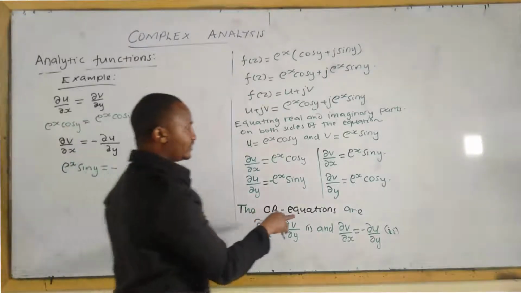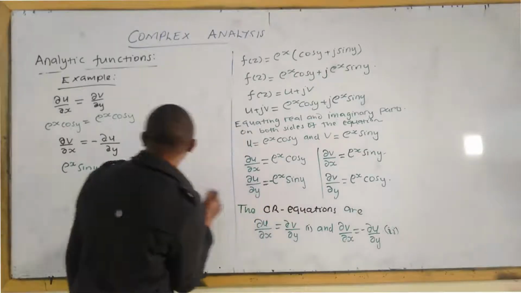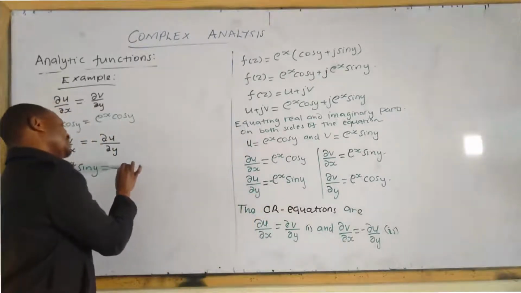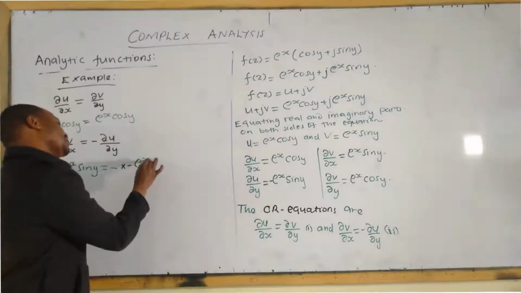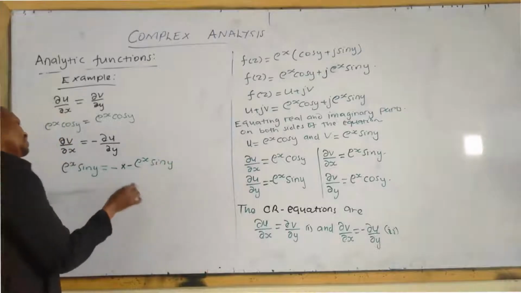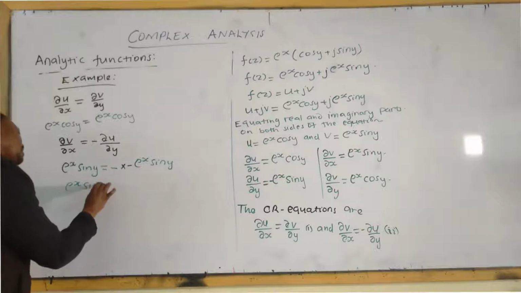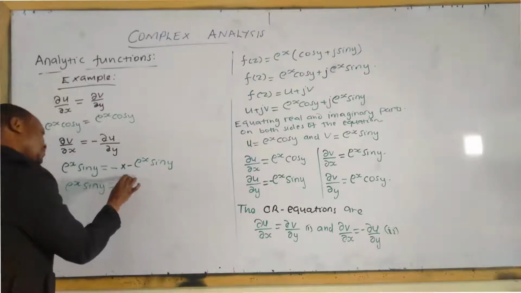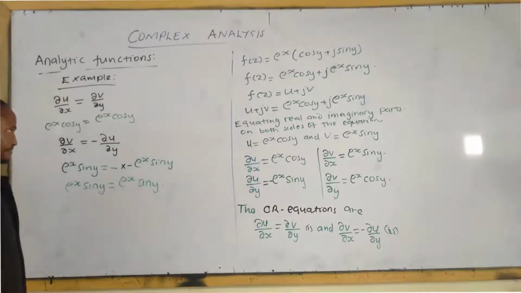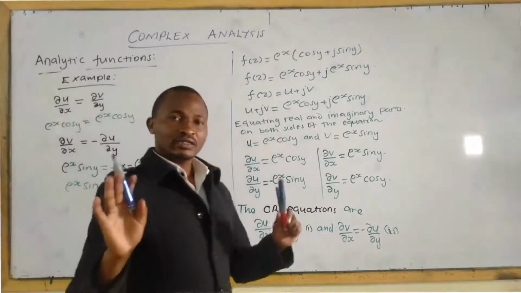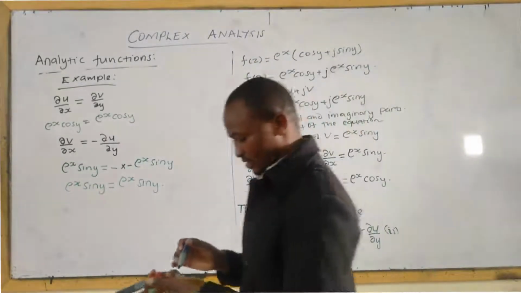Partial derivative of u with respect to y is negative exponential x sin y, so there is another negative. You can see here exponential x sin y is equal to positive exponential x sin y when you multiply the two negatives. We can see both Cauchy-Riemann equations have been satisfied, and therefore we can conclude